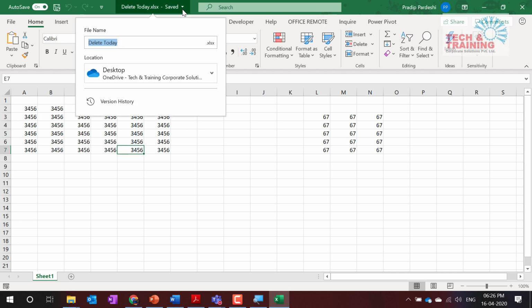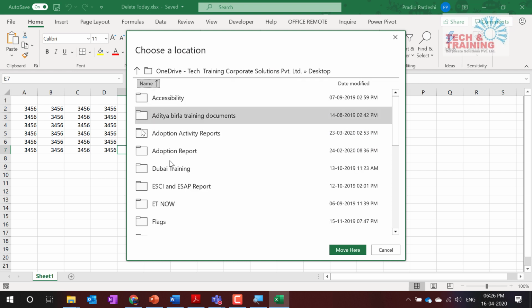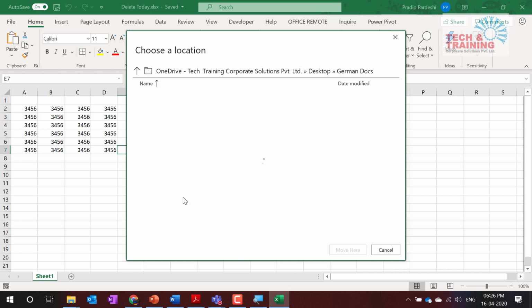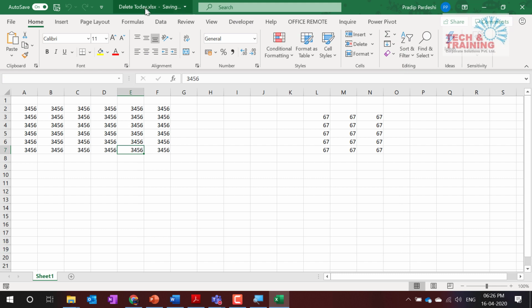I can rename it. But now I don't want it to be on my desktop. I want it to be in, let's say, any other folder. Let's say German docs. I click here and click here. Automatically this file will be moved from my desktop to that particular folder. So often we have the habit of saving a file on desktop and then moving it somewhere else.